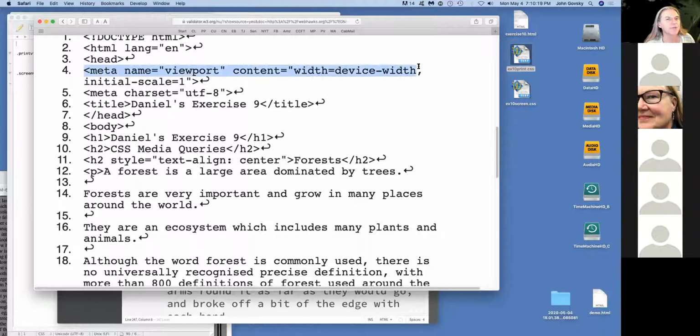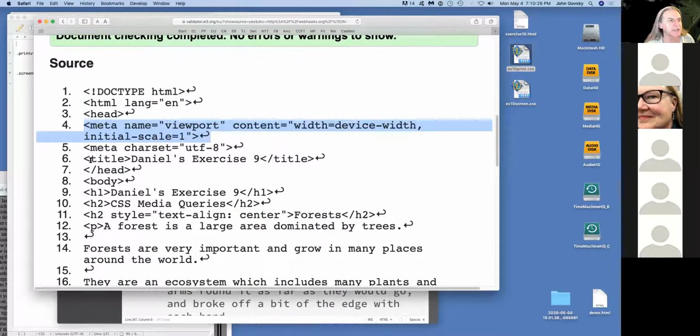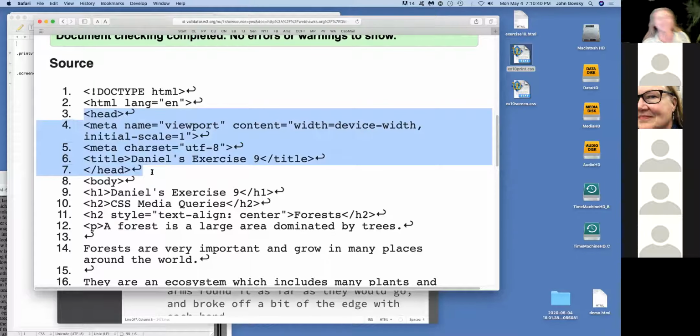Okay, well you've got that right. You have that in there. I wanted to make sure you had that in there for the phones. Yeah, I have. And your style sheet is, where's your style sheet? Where's your link to your style sheet? Oh, needs to be in the head. That's a showstopper. There's no style sheet. I forgot that. So before we can even look at what's going on, we have to have a style sheet. That may be the problem right there.